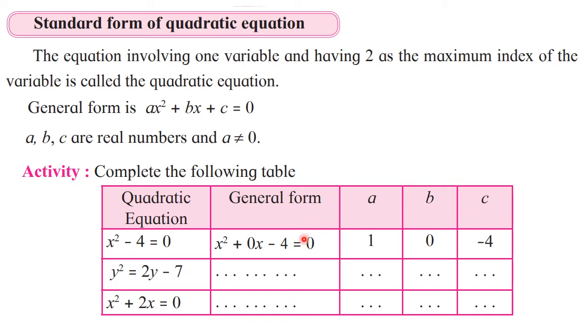Okay, so the first one is done here. x square minus 4 is equal to 0. So what we can observe here, the term with x is missing. And we should write that with the coefficient 0. So with x we are going to write 0. So this equation we can write as x square plus 0x minus 4 is equal to 0. This is called as what? General form. In general form you should have these three terms. Okay, and then equal to 0 on right hand side.